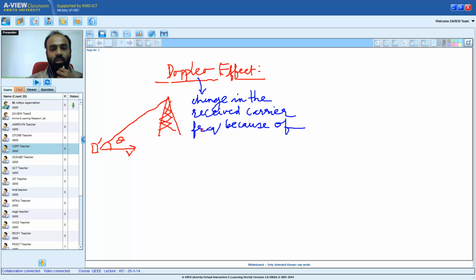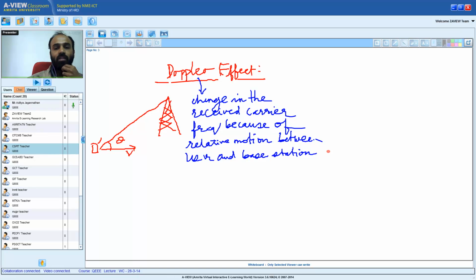It is because of motion, in fact relative motion, between the transmitter and receiver, but we are talking about a mobile communication scenario, so it is the user and base station. For instance, I have tried to demonstrate this schematically over here. If I have a user who is moving with velocity v,